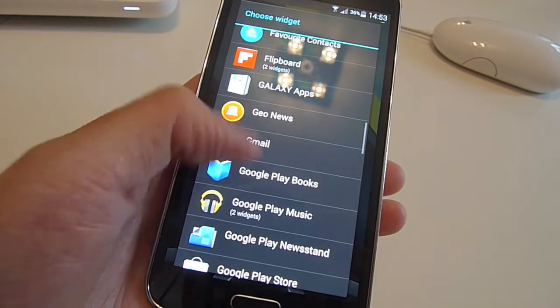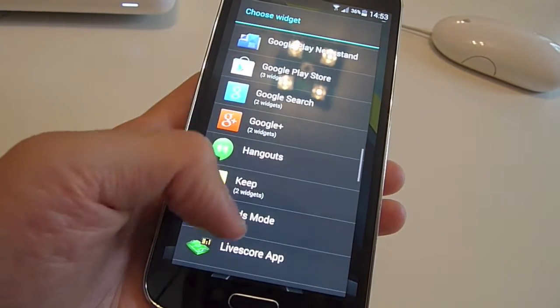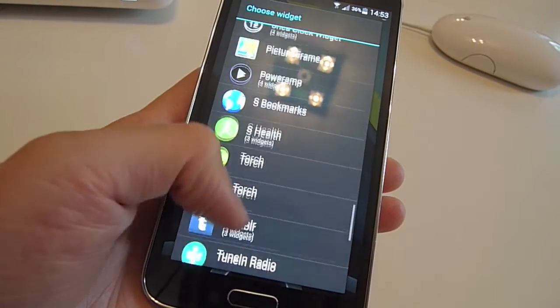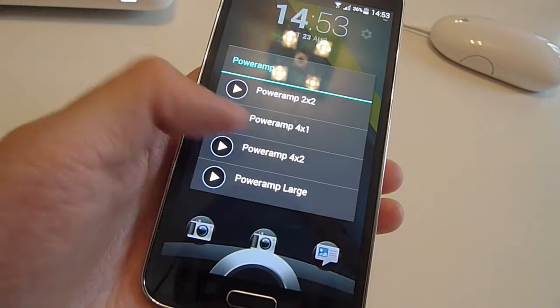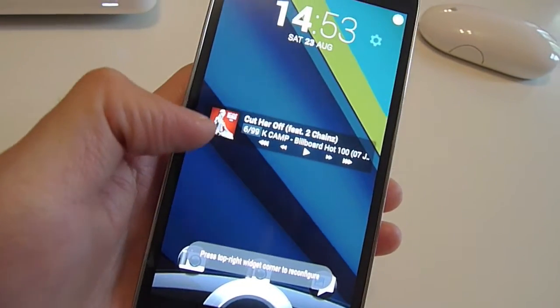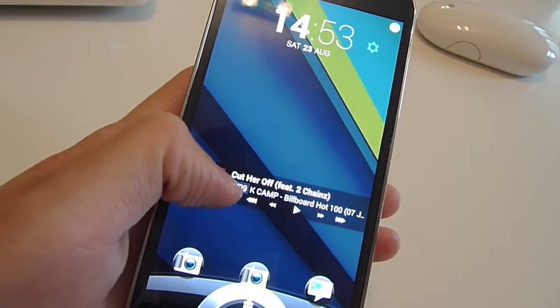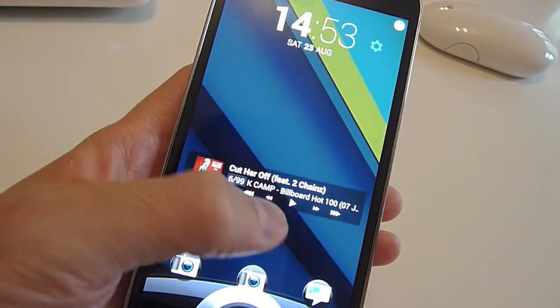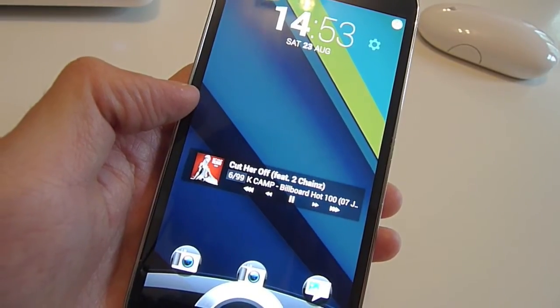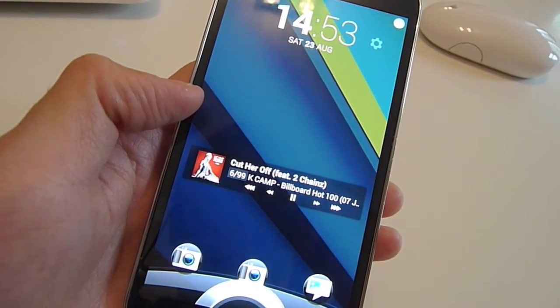So now I'm going to add a widget for PowerAmp, which is my preferred music player on Android. And you'll see that once I do add it in, you can then control your music from your lock screen. Now, this differs from normal music controls on other lock screens because they normally show up after a track's being played, but having a widget on your lock screen to initiate it is something that I haven't